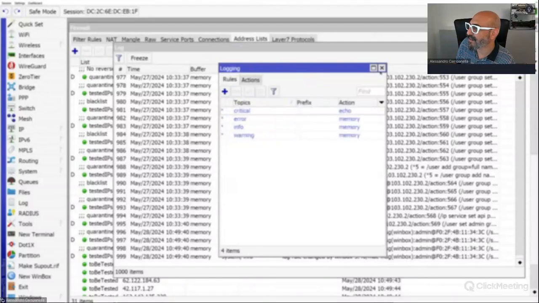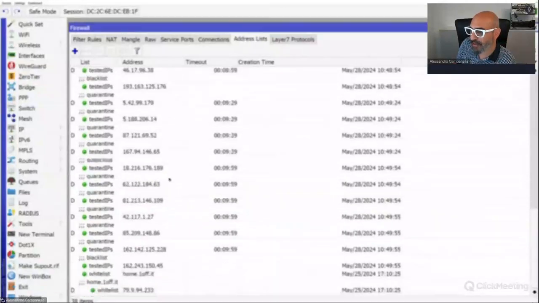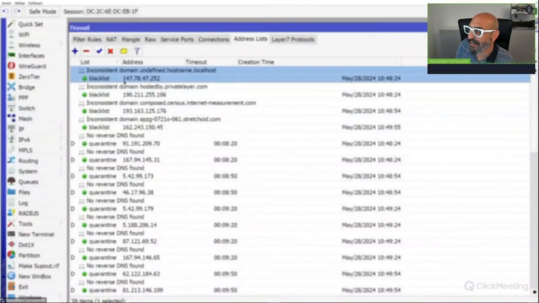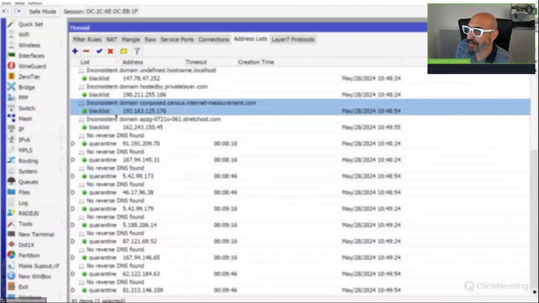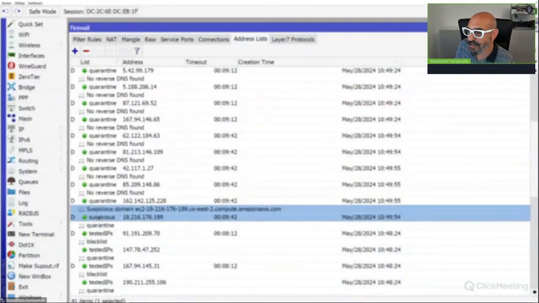Yeah, the echo, it's okay. So now we are trying to connect all the information. Have a look: quarantine, blacklist, blacklist, blacklist. It's working fine. This IP address is collected as blacklist, blacklist, blacklist, quarantine, and also we have this suspicious